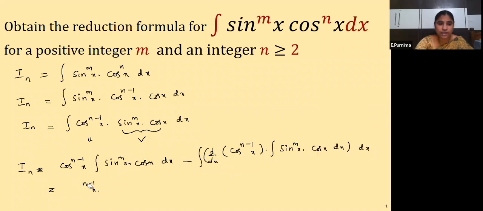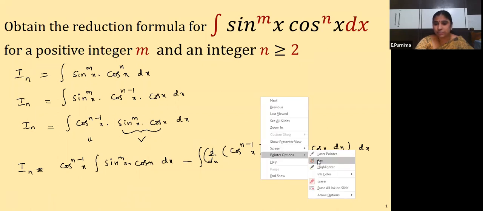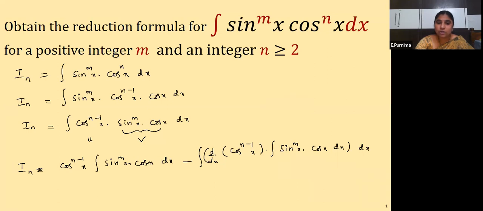There are 2 functions again here. So what we do here is, if you assume that sin x is t, then what? Because here if you observe, children, 2 terms are there. Here also we have sin power m x into cos x. Here also we have sin power m x into cos x. So for these 2 integral functions, I am doing it only one time. The same thing can be applied in both the cases.